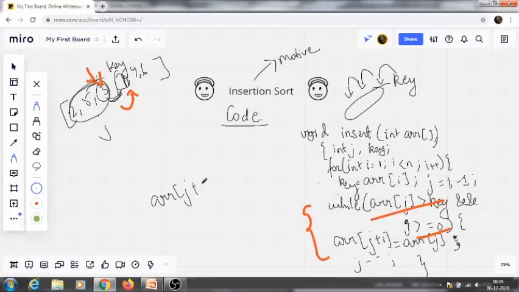So array[j+1] is equal to the key element. Why? In the worst case, if it comes till here, then we will insert it in the beginning. You can see this in a dry run. We will also see the dry run part so that it will be clear to you all, and then we will end our scope. I will just write it nicely so that you all will get it.